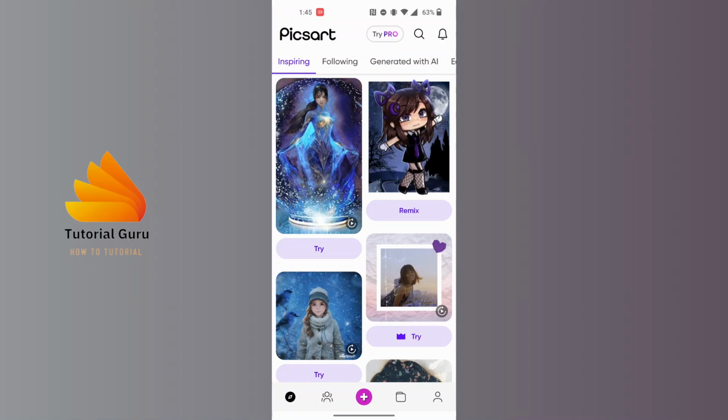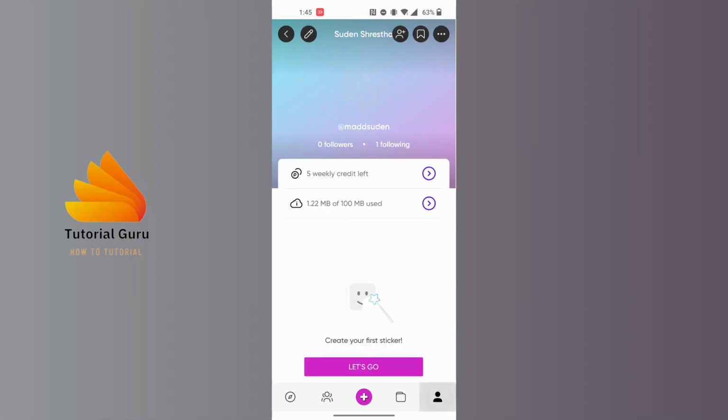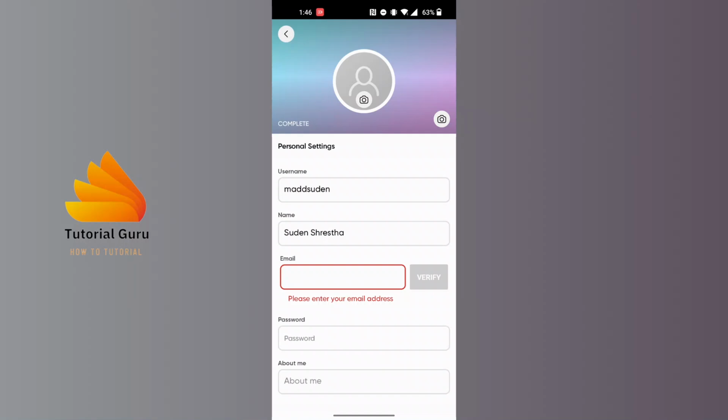And after opening your Picsart app guys, on this interface at the bottom right corner of the screen, you can see the person or profile icon available for us. Tap on the person or profile icon at the bottom right corner of the screen and you land over here on the profile interface of Picsart, whereas at the top left corner of the screen you can see the pin icon available for us. Tap on the pin icon at the top left corner of the screen and you land